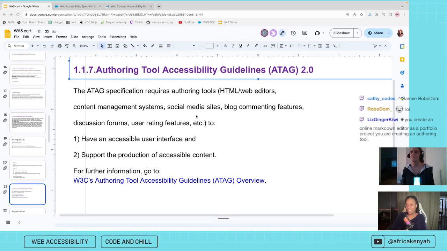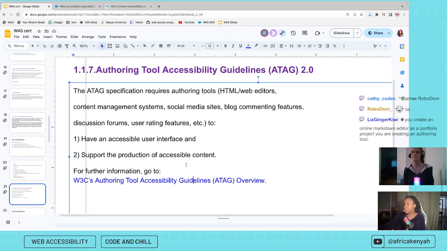So that means it needs to work with assistive technology and it needs to be able to be used by everyone.